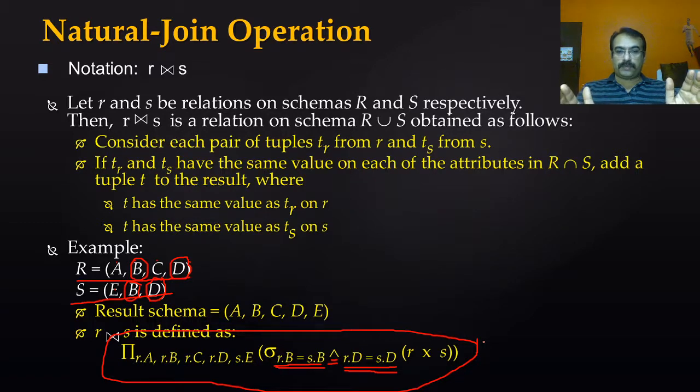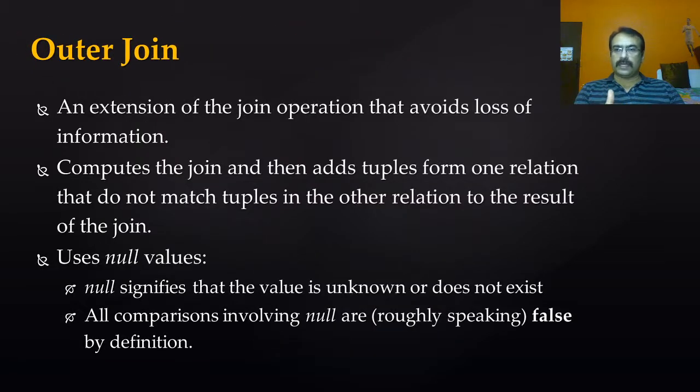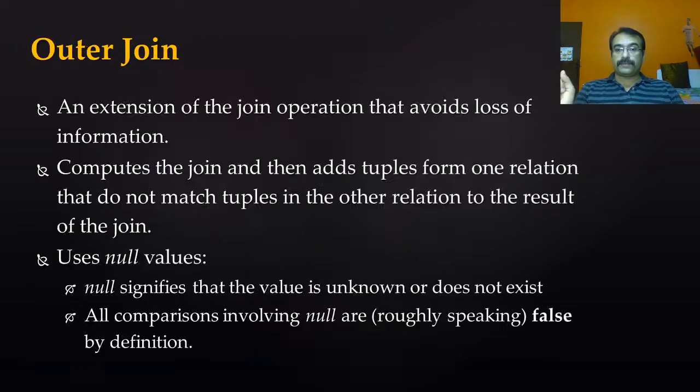Natural join operation. Okay. If I don't want B and D both to be common, then I'll have to explicitly mention on which attribute I need to go for a condition. Okay. So we'll go for some examples, then the thing will be more clear. As I said, natural join will be imposed on both of them and all the leftovers will be neglected, will not be presented in the output at all.